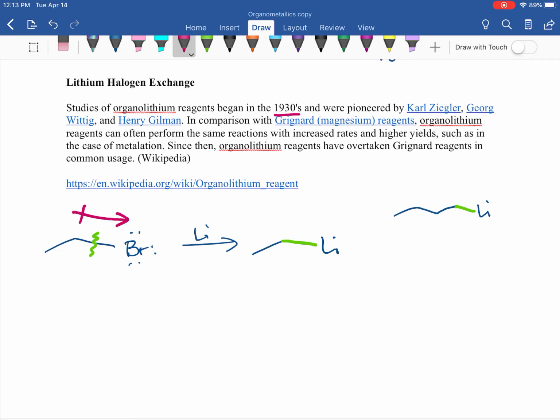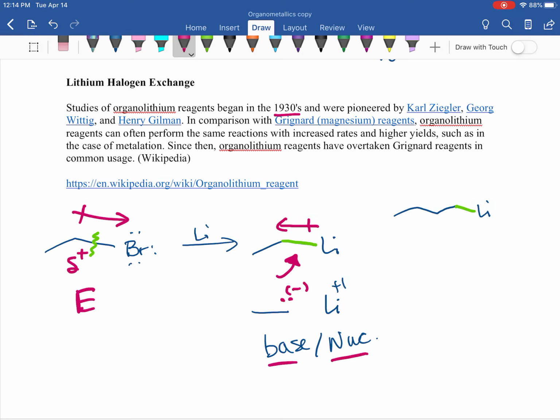If we draw our polar arrows, it's very similar to magnesium. You start with something that's got a partial positive on your carbon, and you end up with the exact opposite. In fact, lithium does not make a covalent bond, even though it's conventional to draw it this way. Really, that is an ionic bond where your electrons are on carbon and your lithium has a plus charge. So you've now made a phenomenal base and nucleophile. Again, very selective, and you've just gone from a really good electrophile to the opposite, to a base or a